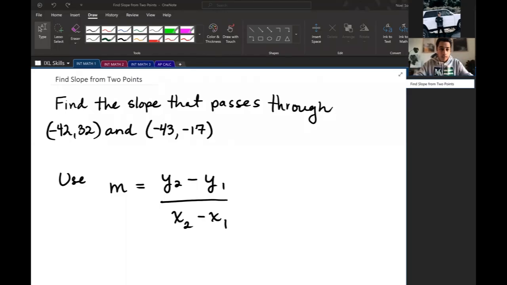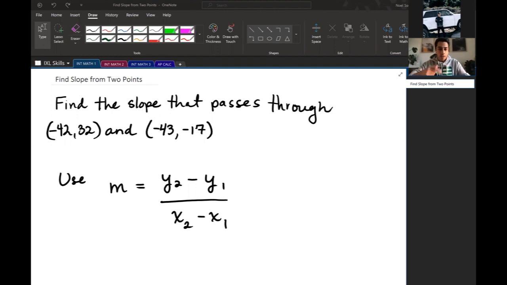All right, so we're working on finding the slope between 2 points. We have a similar strategy. The only difference is that we have larger values, right? So the numbers are a little bit bigger, but otherwise, same strategy. So once again, we're given 2 different points, and we want to use the slope formula to calculate the slope